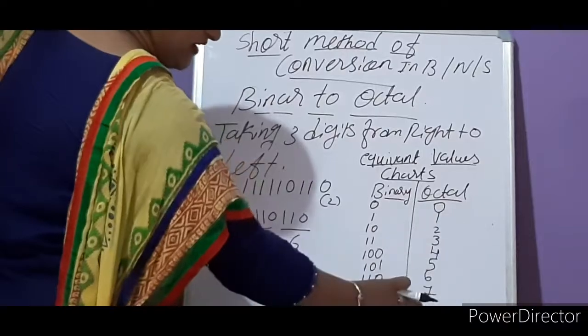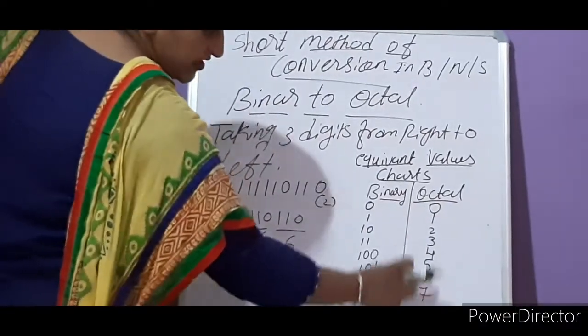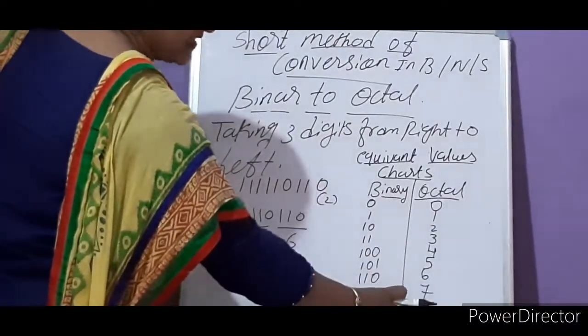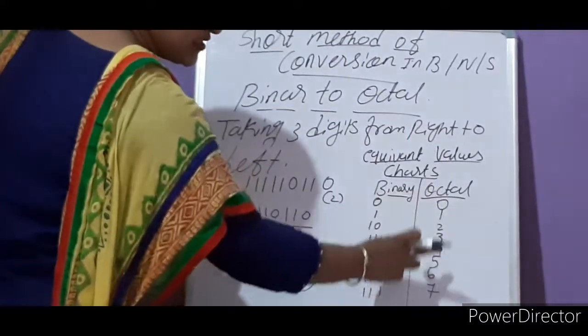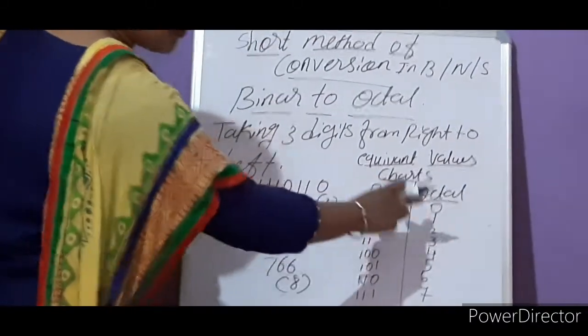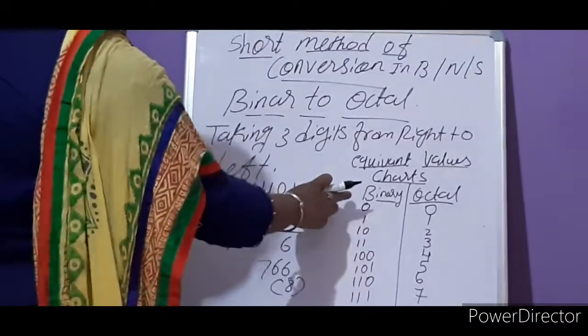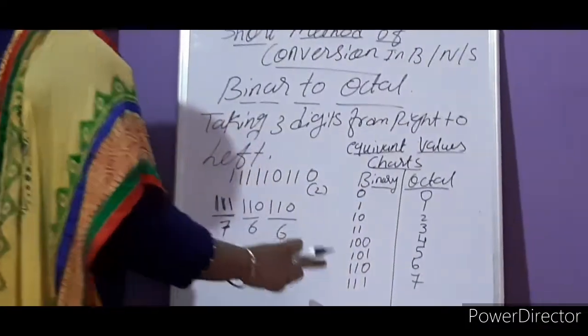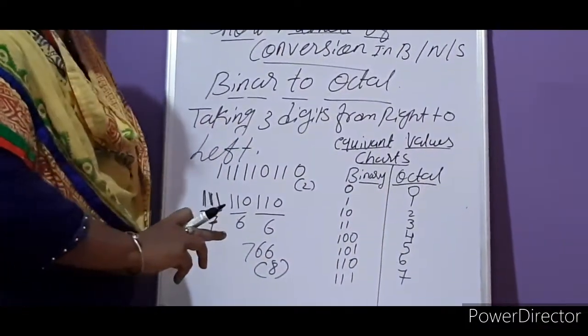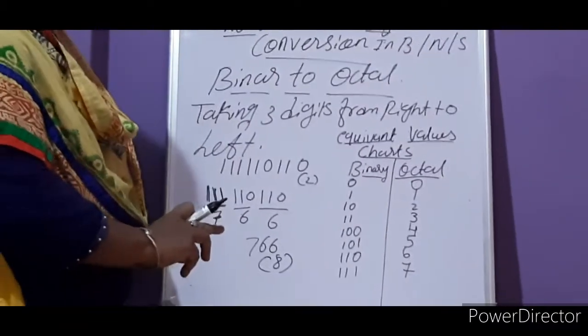0 to 7, all together it becomes 8. If we count 0 it becomes 8. So we say in octal 0 to 7, and 8 is the base for octal. And in binary only zeros and ones will come. Only 2 numbers will come. So for that sake we say the binary base is 2.